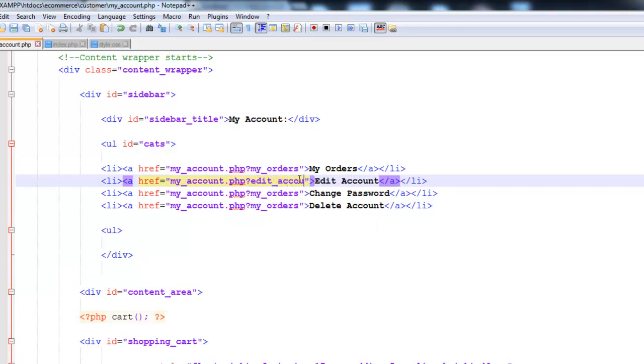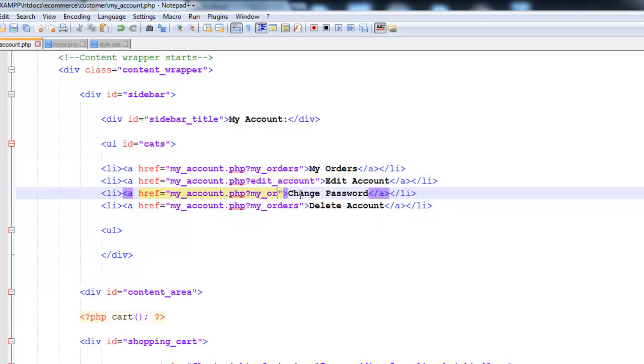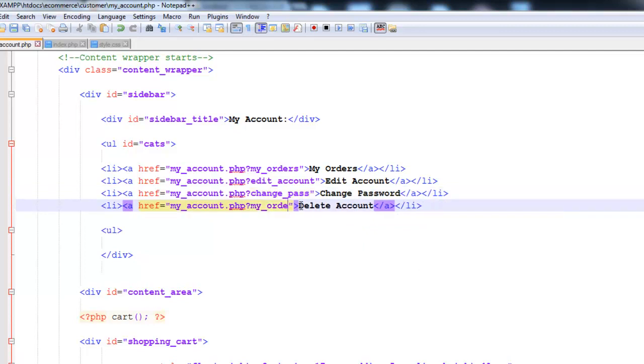Edit underscore account, and this URL variable will be change underscore pass, and this one will be delete